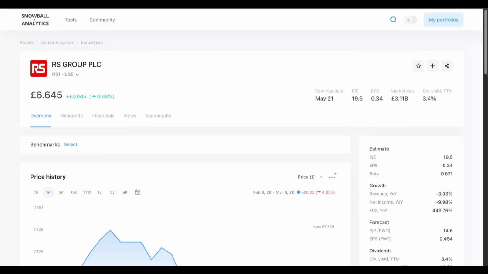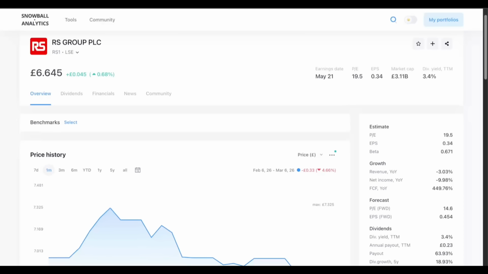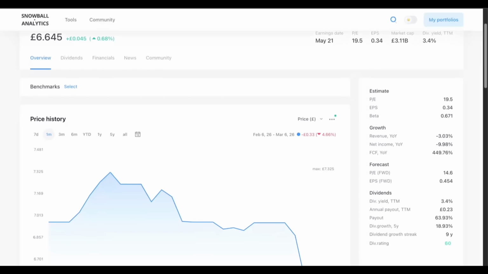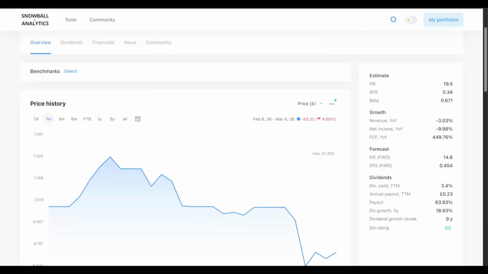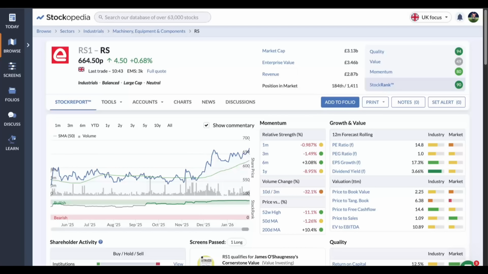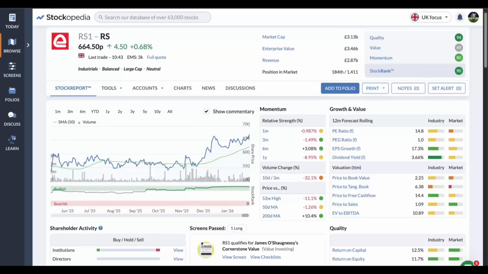The next stock I'm going to be adding to in today's video is RS Group, stock ticker RS1. They have a dividend yield at 3.4% and are down 4.66% over the past month. They have a fantastic 9-year dividend growth streak with a huge 5-year growth rate at 18.93%. As we can see, they have a fantastic stock rank score at 90, and I like RS Group because